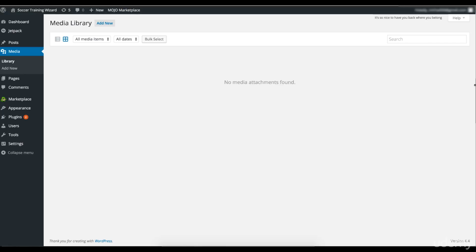And once you add them directly into the post, they are going to be automatically added to the media library as well. However, I like to go straight to the media library and then add the files, because it makes it easy for me to control what I'm actually uploading and also keep a structured organization of the files, because